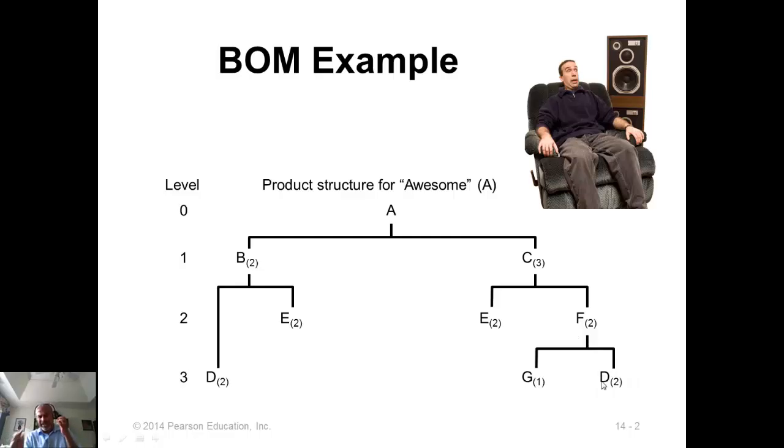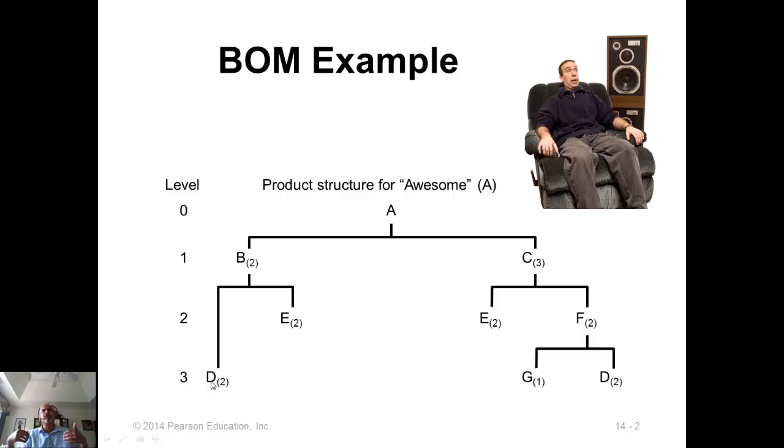So when the same item, so here it is the same D, is required for two different parents. So D has a parent here, which is B. D has a parent here, that is F. Now when such a situation arises, when a given product appears in more than one location in the product structure tree, then you have to bring the items down to the lowest level at which a given item appears. So since this D appears in level 3 and it cannot appear at any level higher, this instance of D also must be brought down to level 3.